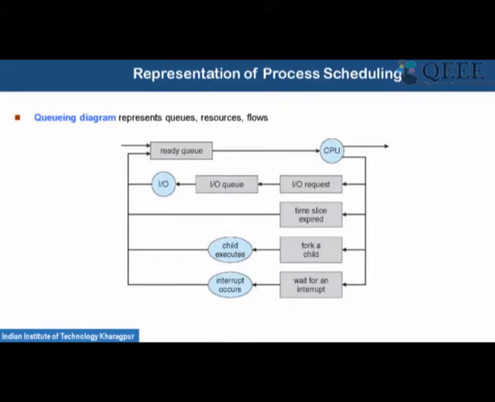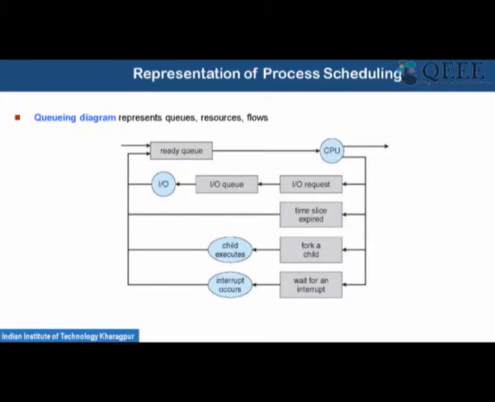What we have discussed is that a process scheduler's basic task is to fetch a process from the ready queue, then execute it, and based on different types of events that can happen, like an interrupt or an IO request, a process can move between multiple types of queues. Referring to this diagram, initially the process is inside the ready queue, and then the process is fetched by the CPU scheduler. The scheduler takes a process from the ready queue and puts it on the CPU for execution.